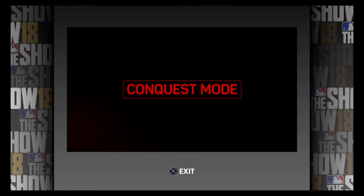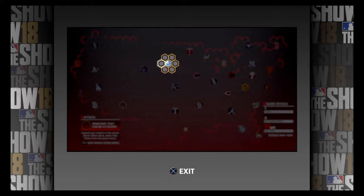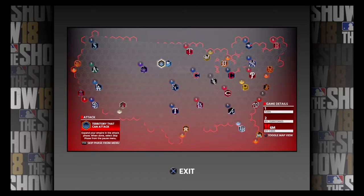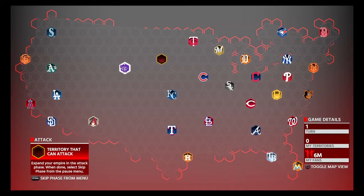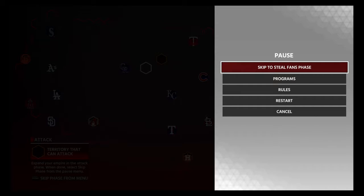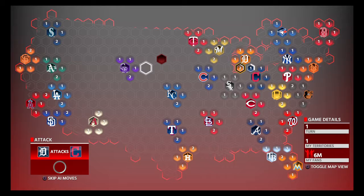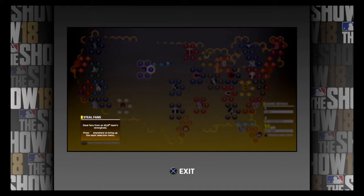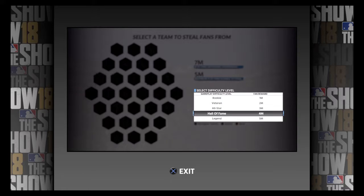Let's run through the basics of Conquest Mode. If you want to attack, press X on any territory with more than one fan. Once this territory is selected, a group of yellow territories are displayed nearby that can be attacked. Navigate there and press X. If the territory you attack is empty, you take the territory with no resistance. Now, if the area you attack is occupied, you have the option to simulate. During the steal fans phase, press X to attempt to steal fans from any opponent on the Conquest map. After selecting your opponent, select your game difficulty. You can attempt to win on a higher difficulty to steal more fans, but if you lose, you